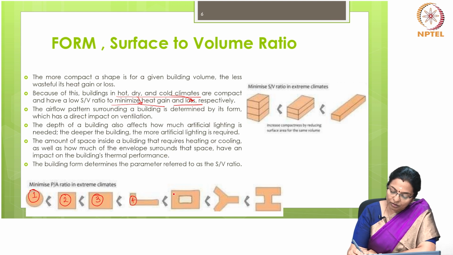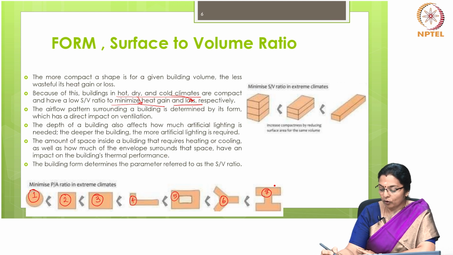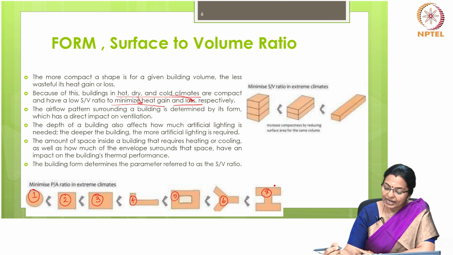A courtyard planning has more perimeter to area ratio compared to the previous form. The sixth form, which is Y-shaped, has even a larger perimeter to area ratio, and an I-shaped or an H-shaped form has the greatest of all these. So, if you want to avoid too much exposure to sun, it is better that